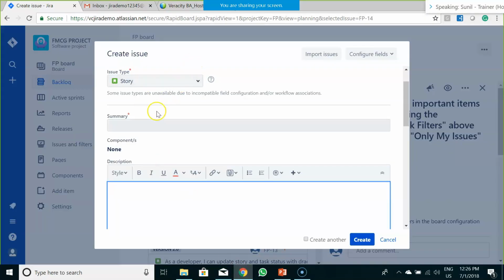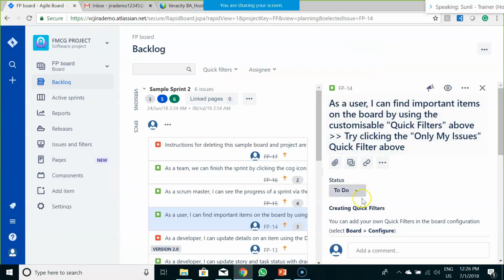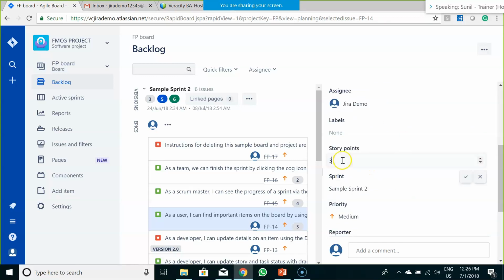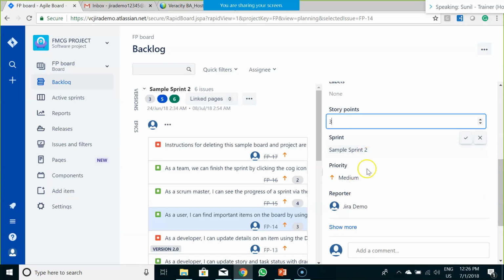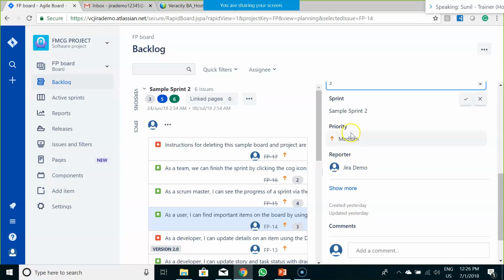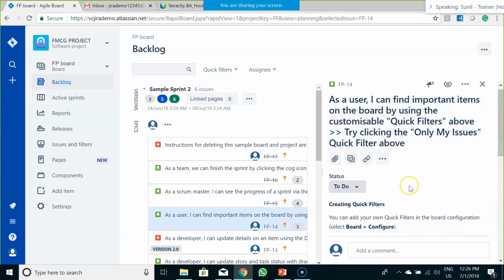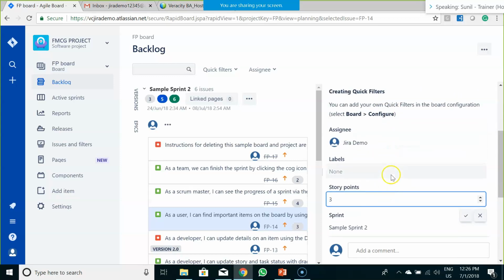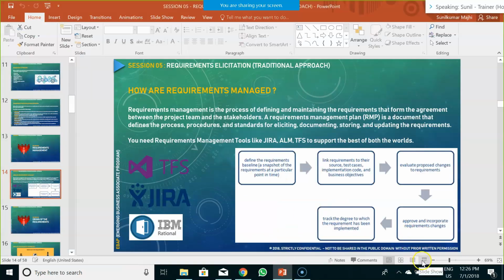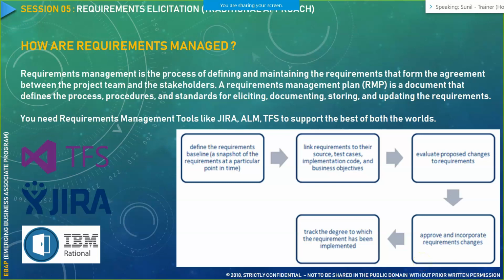Managing a requirement is like you could check the status of the requirement, like there is a certain status: in progress, done, to do. What the requirement is, what is the story point, or which sprint that particular requirement is tagged to, what is the priority of that requirement, who has reported this particular requirement or bug or error or issue for that matter. You should be able to manage this requirement and establish a traceability around that requirement. So that is what it talks about. Whatever requirements you are writing, you should be able to manage that particular requirement.